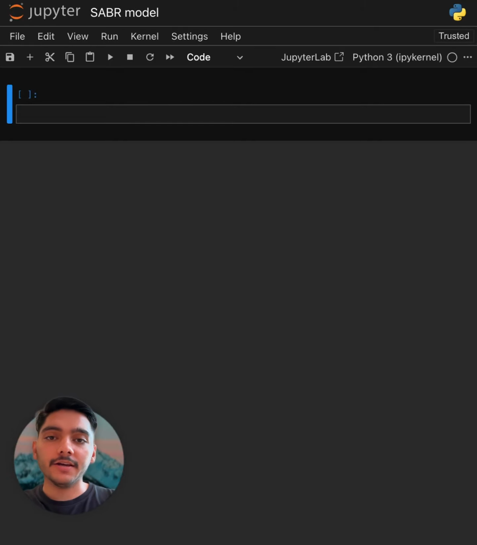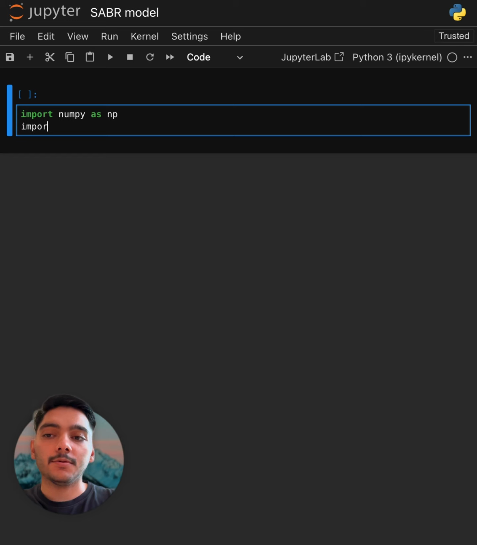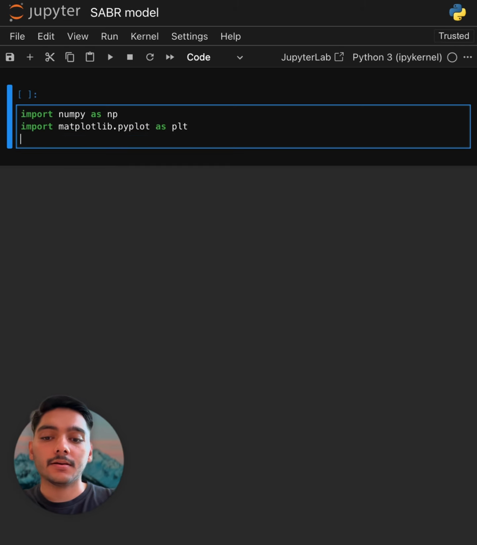Hello everyone. Today we will be building the stochastic alpha beta rho model, which is industry standard for interest rate derivatives. So, let's start by writing some basic import statements like import numpy as np, import matplotlib.pyplot as plt, and from scipy.optimize